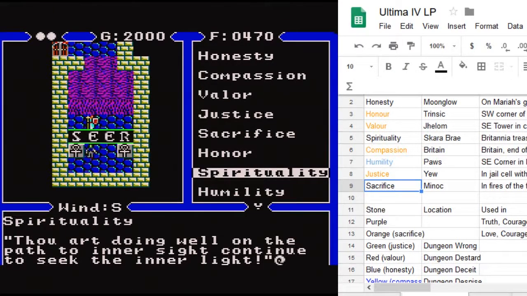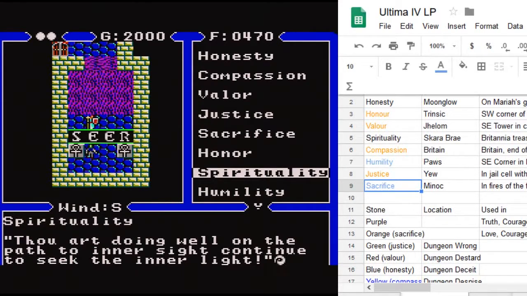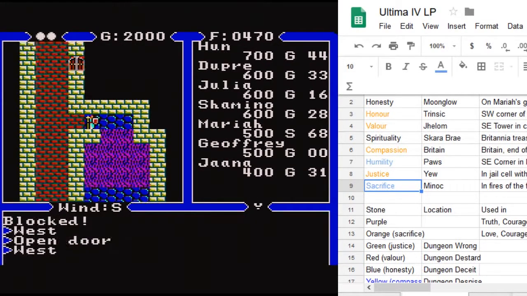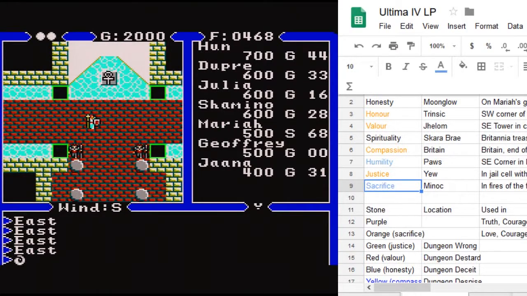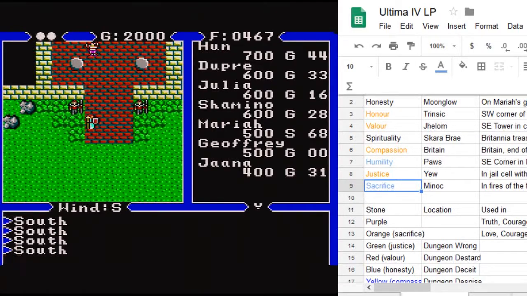So we can go and find that shrine at any time. So we can just make that blue as a reminder. And yeah, that's about that. What other paths? None, thank you. All right. Well, I guess a good bet might be to go and handle our sacrifice shrine and then maybe